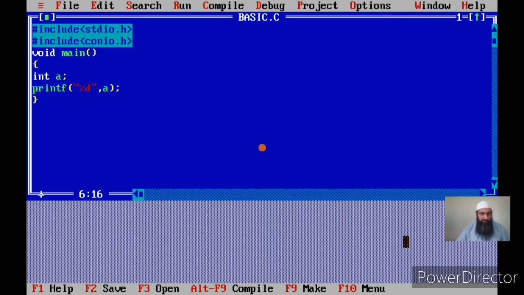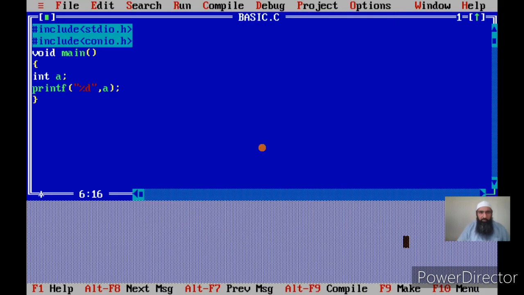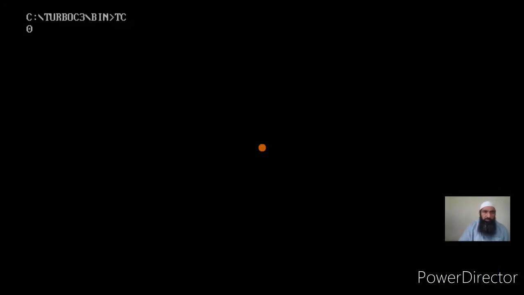Let us check it out. Let us first compile the program and then run the program. Now I run the program. If I check the output, you see there is some value there in the a, which I have not given. This value is called junk value. This value can be anything. The programmer will never have an idea what this value will be. This value is automatically in the memory once we switch on the system, because we have named some memory location as a. Therefore the value that is present in the a will be displayed here.